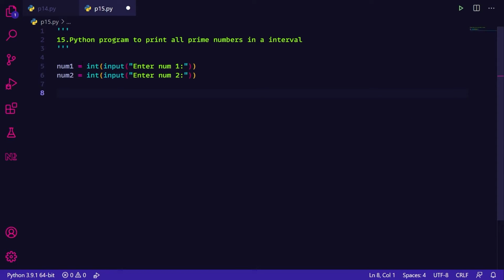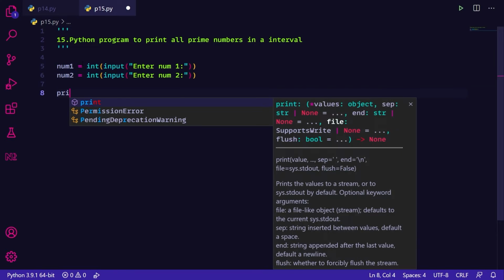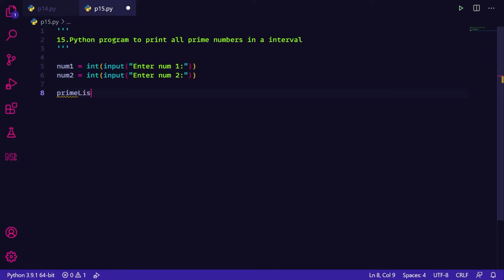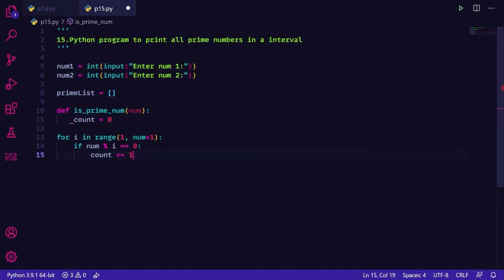After that we will declare a variable called prime list and set it to an empty list. After that, to check for prime numbers, we could use two for loops, but it is a bit confusing. So declare a function to check is prime number, and it takes an input number, right? Then paste the code which you copied from the previous one, and we need to indent this properly. We will indent this one and we will save.